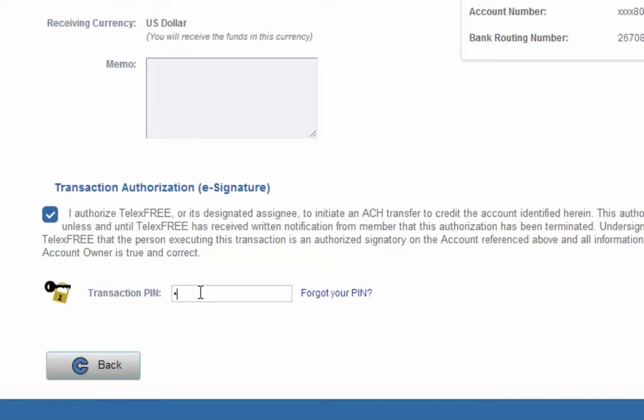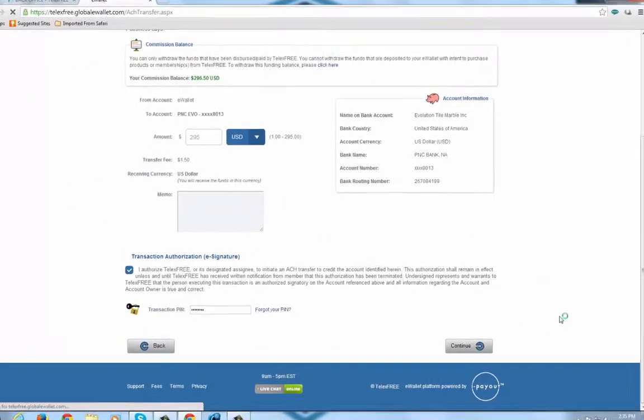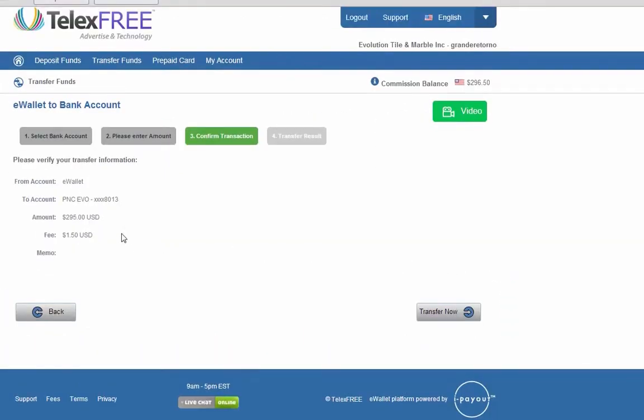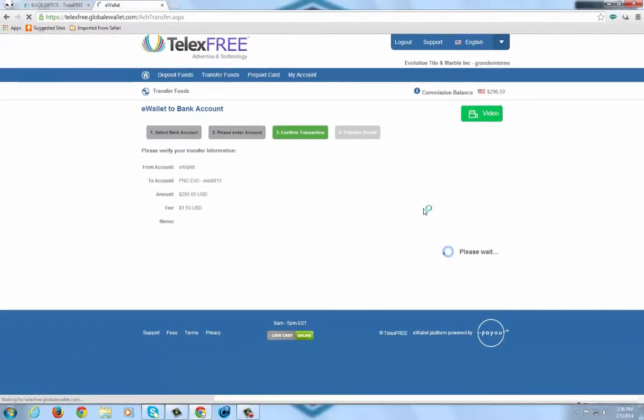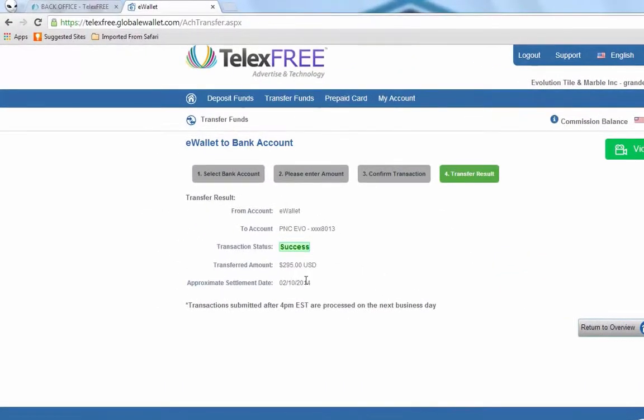Okay, so after the secondary pin, you click continue, confirm transaction, and I'm requesting $2.95. They're gonna charge $1.50. Transfer now. And I have a success.